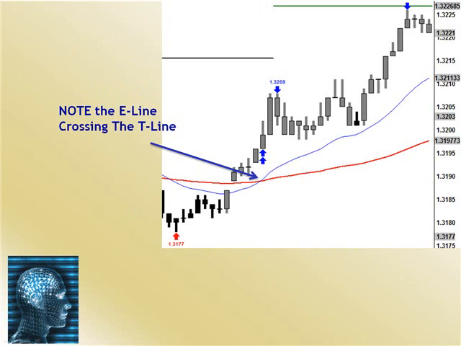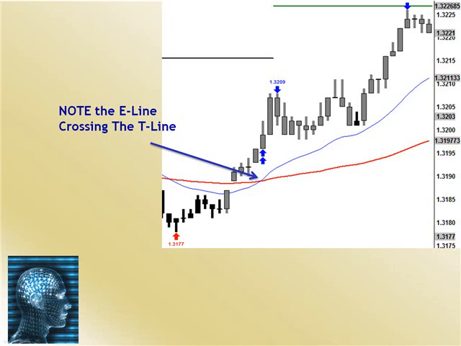So let's walk through some of this information for neural associative conditioning using the trend trader model. And guys, as we look at this, we see what's the setup here. The setup is the E line crosses the T line, and we get our entry bar. Now, neural, what's the visual? We saw the E line cross, we saw the bar plotted and closed for an entry. Our association, we're now going to look to go long.